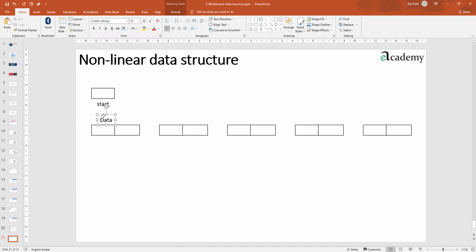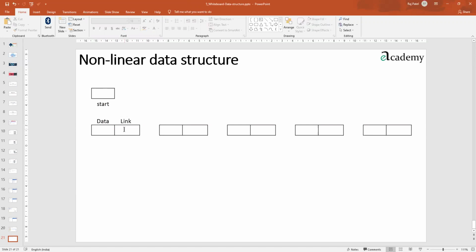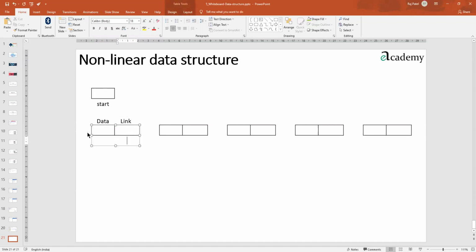Means in this box there is a data, and in this box there is a link information. Means this is linked with which other cell, which other box of the memory. And below here I am going to write the address of this particular box in the memory. So let's say at memory address number 12 is this. So in the start there will be 12.